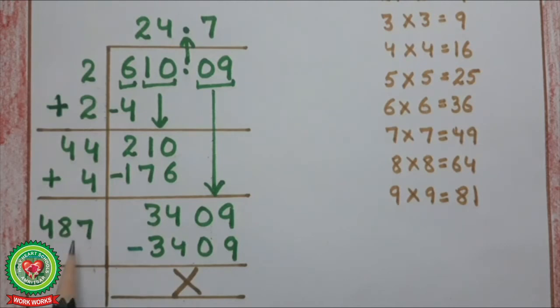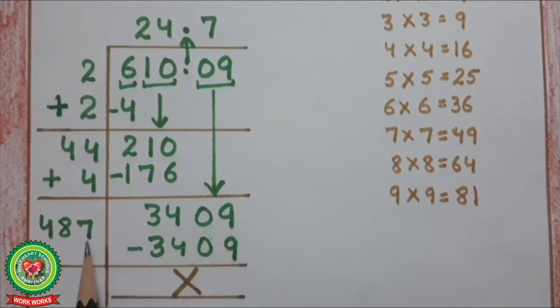Again our next step is to think about a digit which is to be written with the divisor and quotient such that when the divisor and the digit get multiplied, we will either get a number equal to 3409 or just less than 3409. Here the last digit is 9. So on thinking about such a digit, 7 is such a digit which is satisfied by the last digit 9.